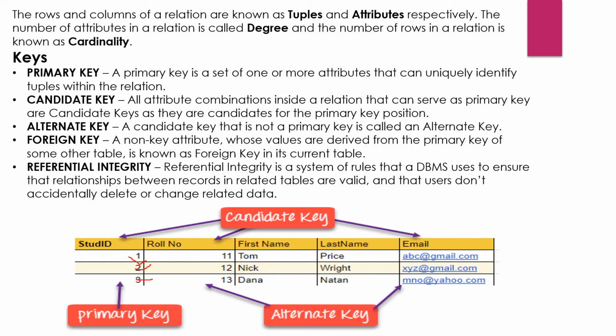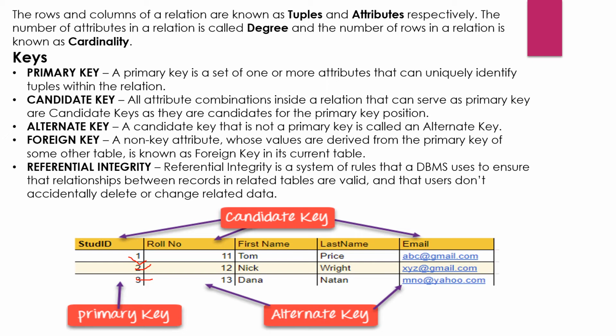Candidate key: we know that in an election there are a number of candidates but only one can be selected. In the same way here, the student ID is reserved for the primary key. If you set the primary key, then rather than student ID, roll number here also has unique values, and even email ID also has unique values. But in one table, only one primary key is there. So the primary key is student ID and the rest of the keys behave like candidate keys. They have the power to be set as the primary key, but in one table there is only one primary key.